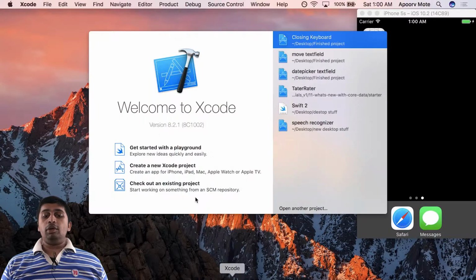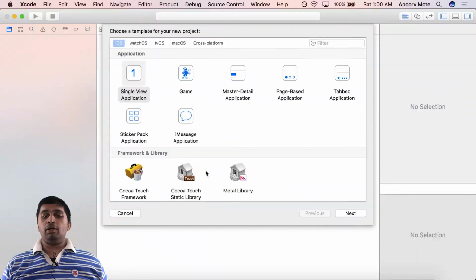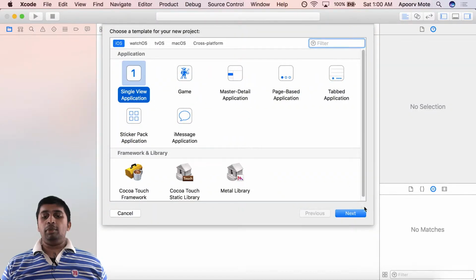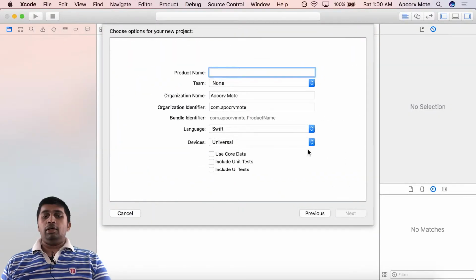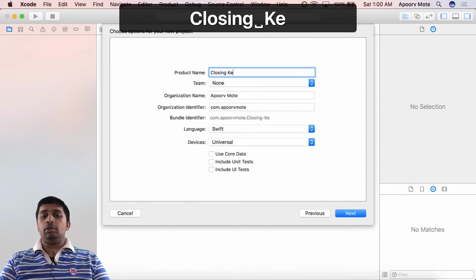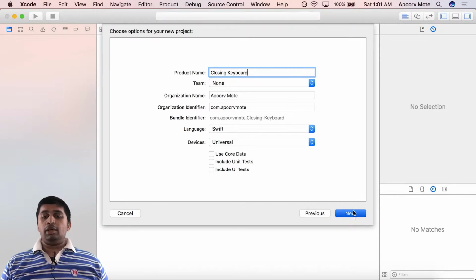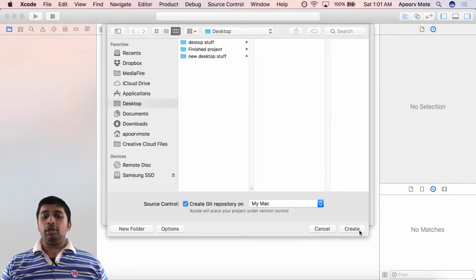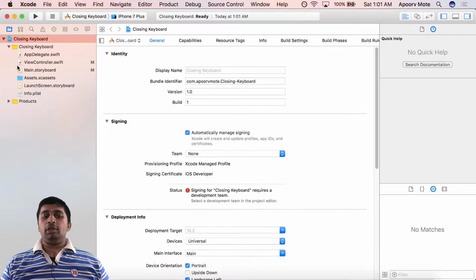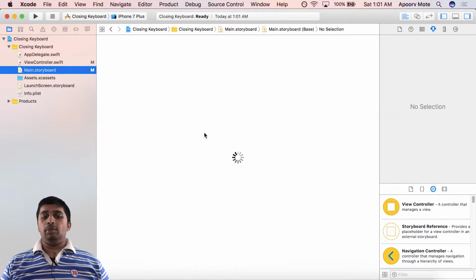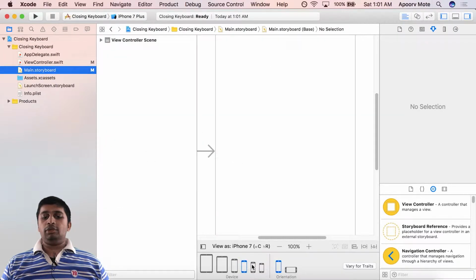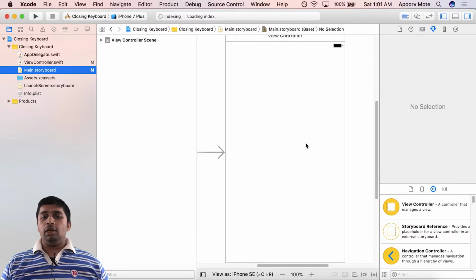Alright, so I'm going to create a new Xcode project file, iOS single view application. Next, I'm going to call it closing keyboard. Then I'm just going to click next and save this file on the desktop. Alright, so first thing I'm going to go to the main storyboard, set the iPhone size to iPhone SE, and